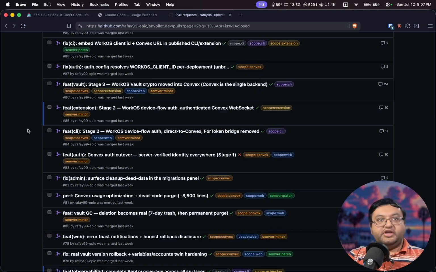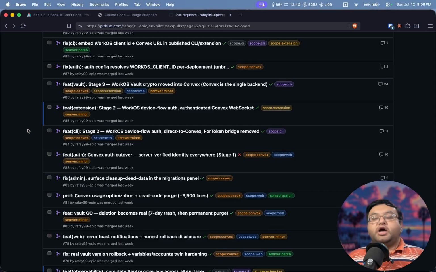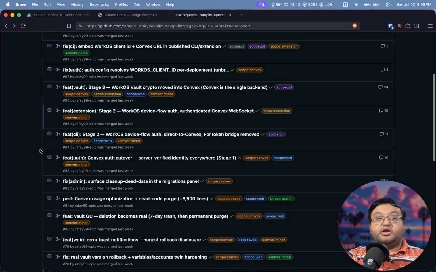From the code reading point of view, it was a nightmare because I was using a custom authentication system that I had hacked up, and I was not using WorkOS AuthKit. I really should have used WorkOS AuthKit, and that was a pain for me. Migrating everything from the custom hacky JWT token solution to WorkOS AuthKit with their session tokens made my life so much easier. I cannot explain how much pain that was,